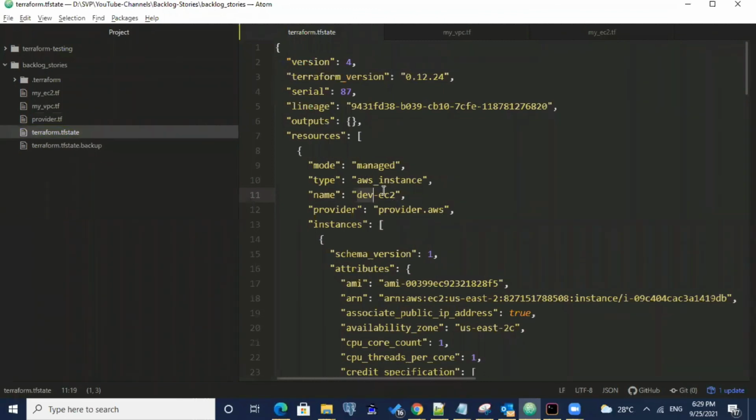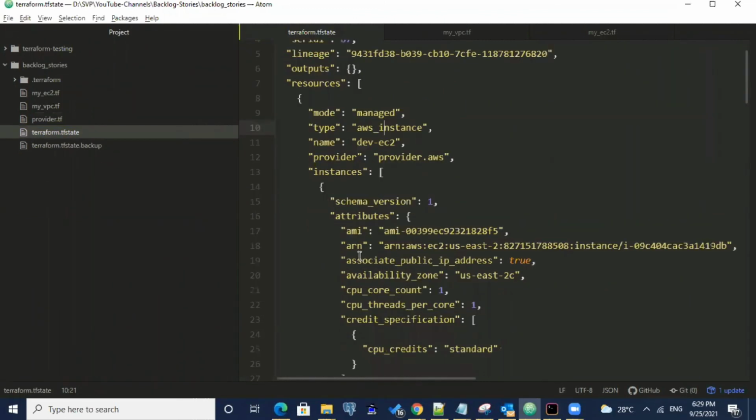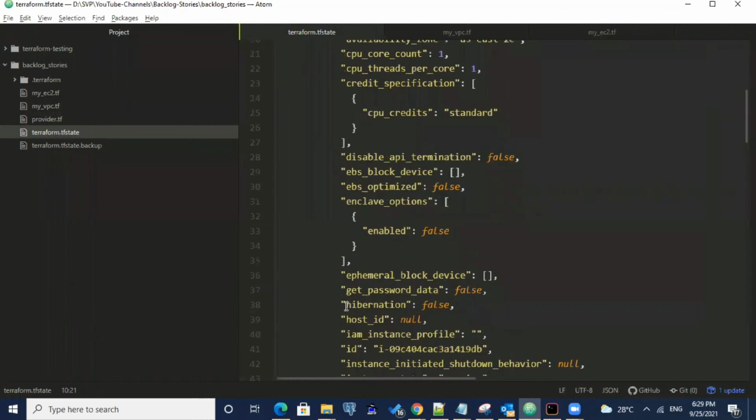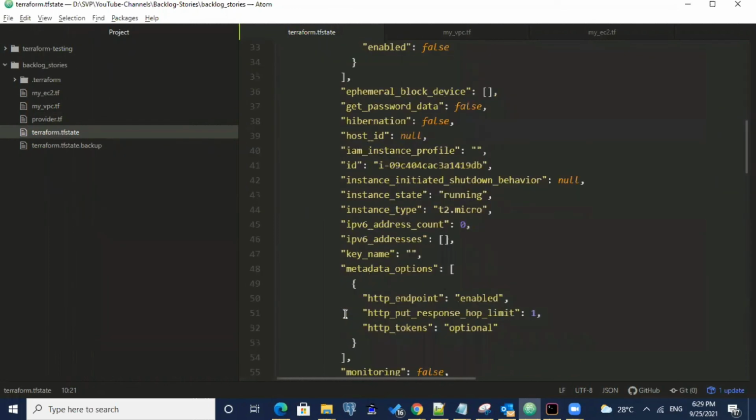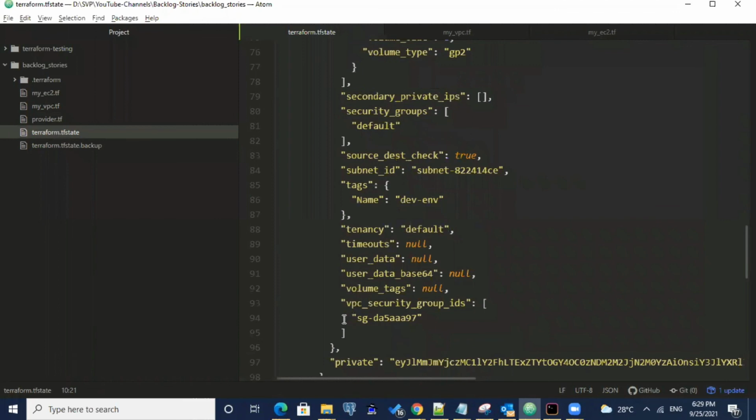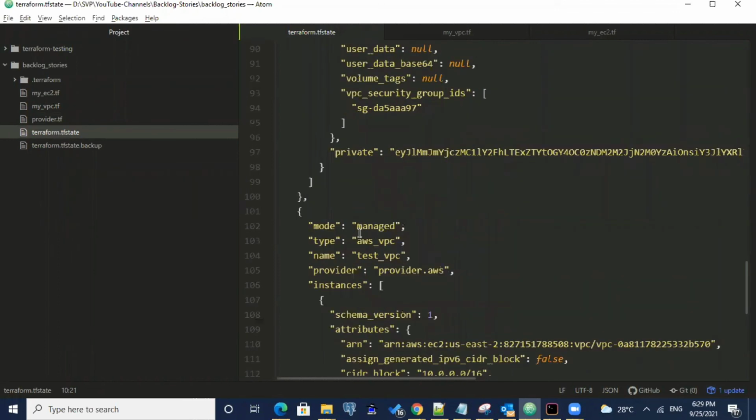So now the AWS instance is there, and coming down, it has stored a lot of metadata. There is another resource which we have created, and that is also stored in the Terraform state file, and the state mode is managed. That means this resource is managed through Terraform.